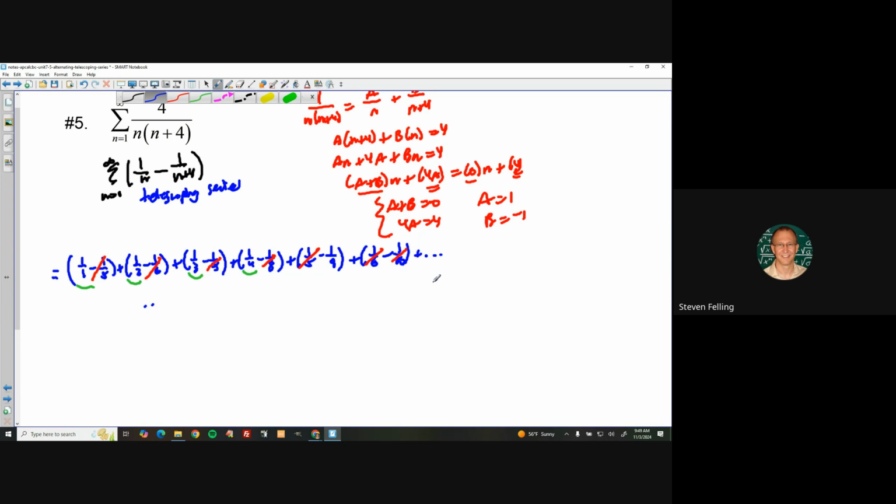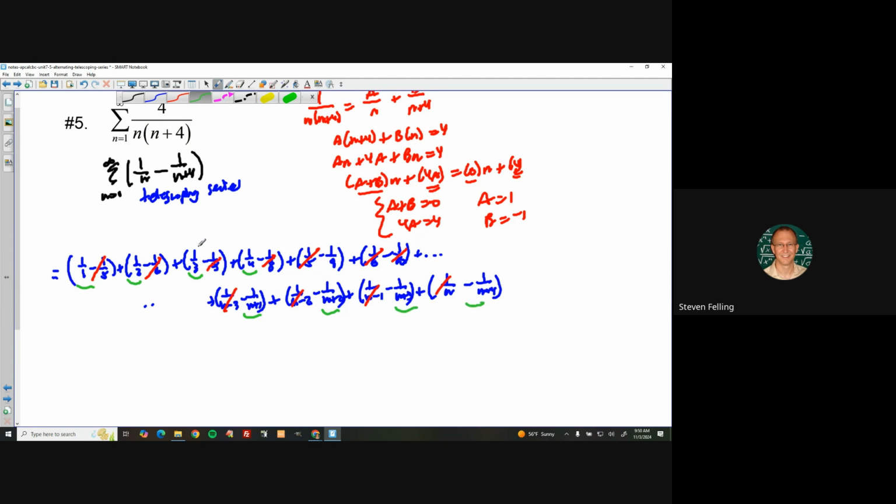So let me start at the end here. The last term will be the rule, which is 1 over n minus 1 over n plus 4, and then this will be 1 less than that for n. And that's 1 over n minus 1 minus 1 over n plus 3. There'll be a term with 1 over n minus 2 minus 1 over n plus 2. And then there'll be a term which is 1 over n minus 3 minus 1 over n plus 1. Okay, and all of these ones will be canceled, leaving just these 4 terms on the end